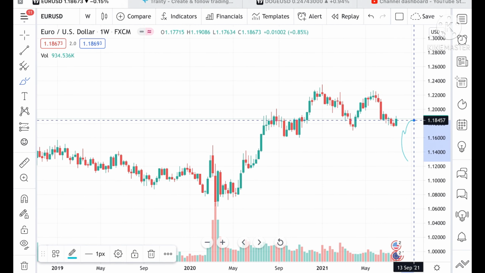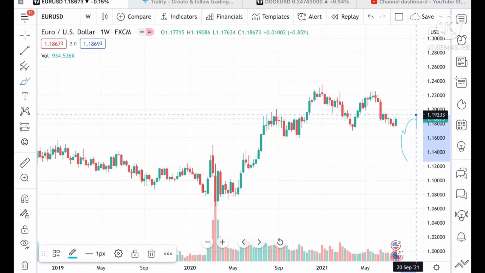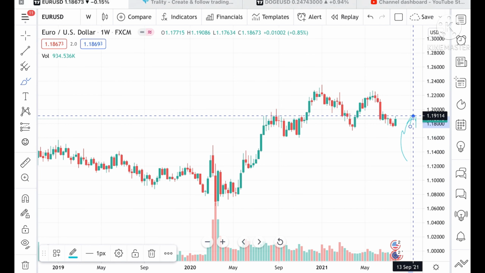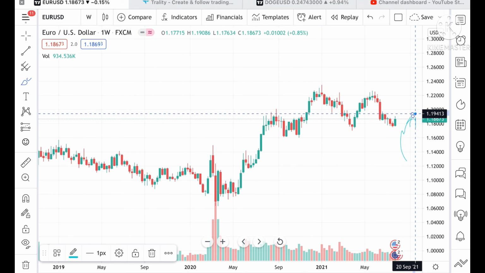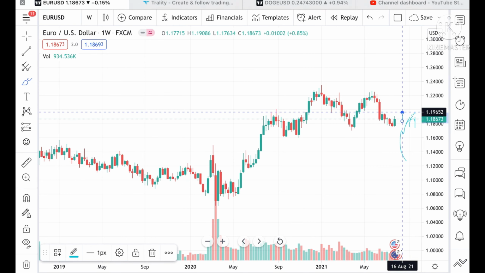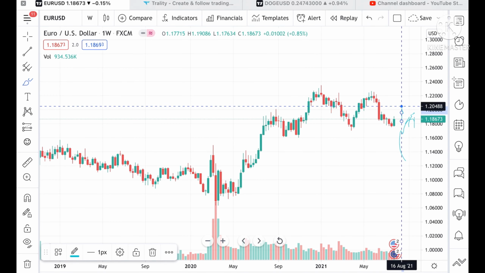Now the upside, suppose if it sustains above a level of 1.188, then chances are high that it can touch a level of 1.18994, and from there we can see a level of 1.19413, and from there we can see a level of 1.19652. This level sustains upside, because this is the level where we have seen that this level is tested twice, so chances will be very high that it can touch a level of 1.200,